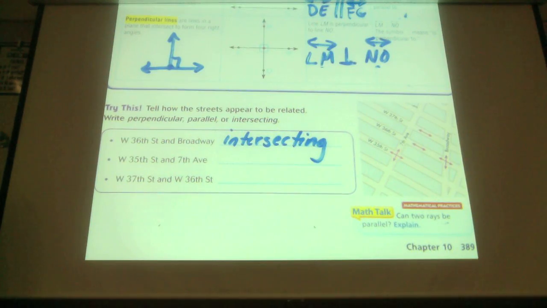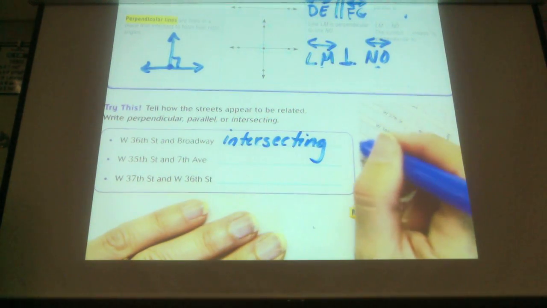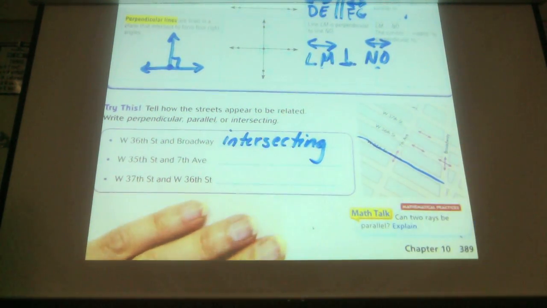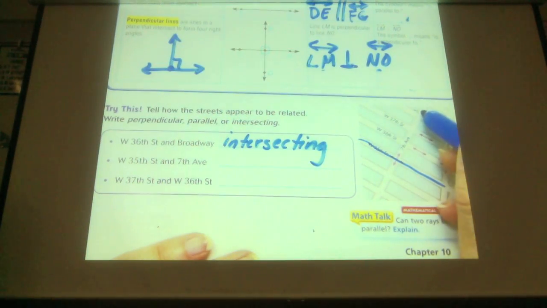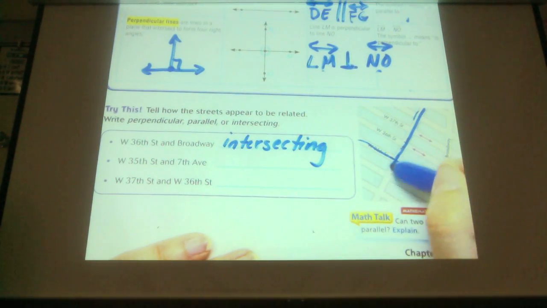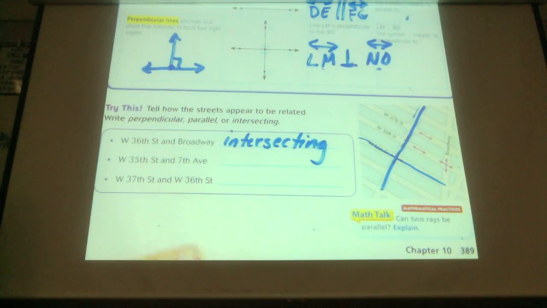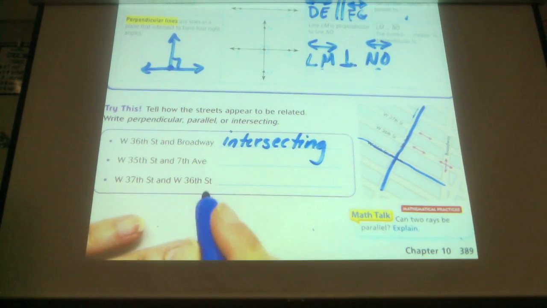Now let's look at West 35th. Here's West 35th and 7th. How do those appear to relate to each other? What did you guys decide? They are